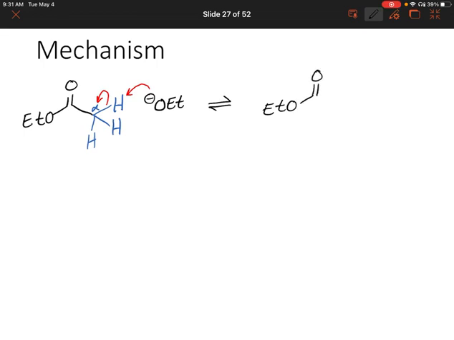You could also draw the resonance structure where you form a pi bond between those two carbons and then move electrons up to oxygen, but this is probably quicker just to show the electrons sticking to the carbon. All right, so now we formed an enolate, which looks very similar to previous reactions that we've looked at in this chapter. So now that enolate is going to attack